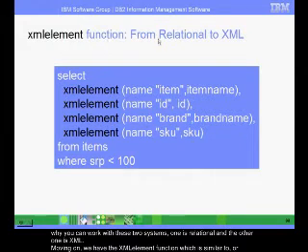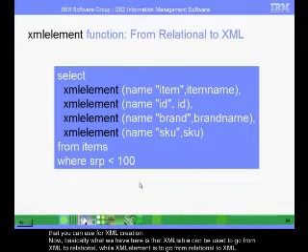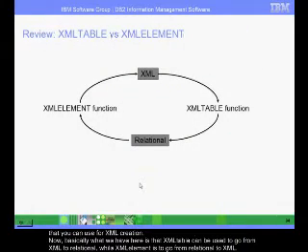Moving on, we have the XML element function, which is similar to, or basically does the opposite of the XML table. This one goes from relational to XML. So you have all information in tables and you can convert them into XML documents that you can use for XML creation. Now basically what we have here is that XML table can be used to go from XML to relational, while XML element